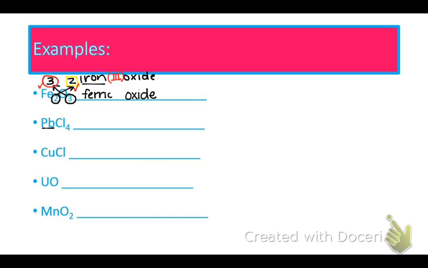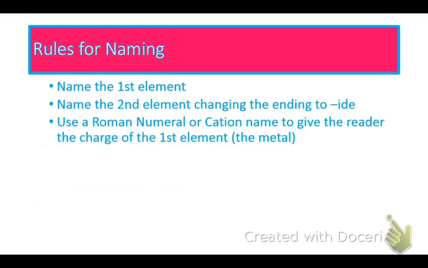Okay, the next one, Pb, we know that's lead. I don't know the charge of lead. I have chlorine, which becomes chloride. So I know that technically lead needs a Roman numeral. I have to figure out what it is, and lead actually has a special name, right? It's plumbous or plumbic. So to figure out what that is, the 4 goes down here, the 1 goes up here. So 4, 1, again, check. Does chlorine make a 1? Yes. Makes a 1, so that means